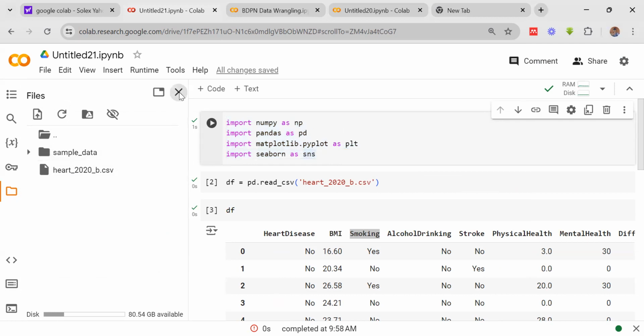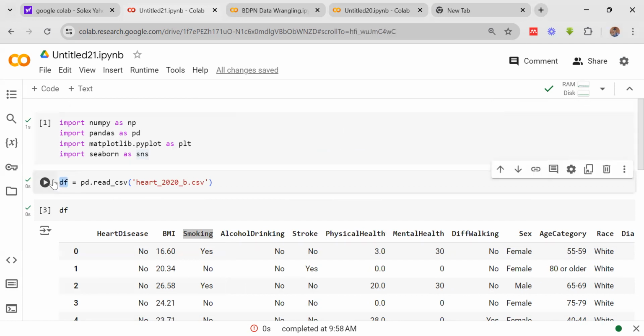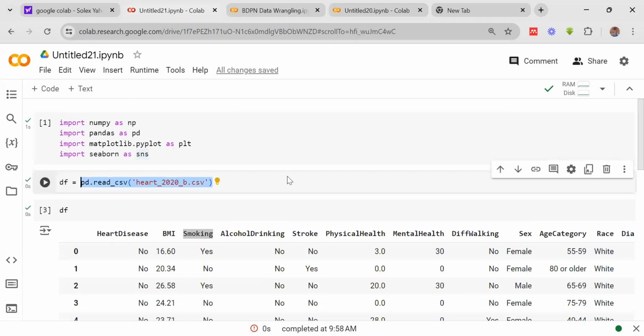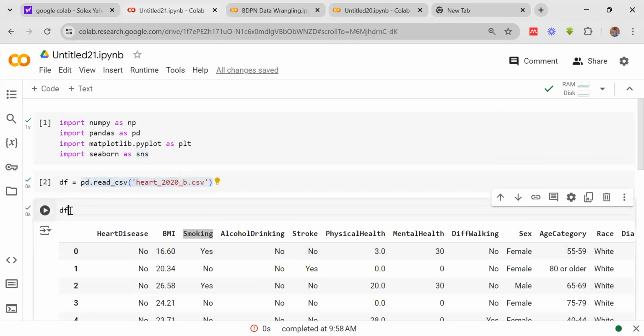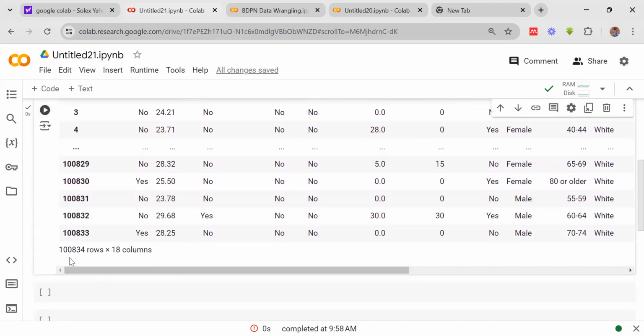So after you have imported the necessary libraries, then of course you load the data as a CSV file. After loading the data, I call the data df. So this is the data we're going to be dealing with. And in that data, I see the reason why it's taking a longer time to load. The data contains